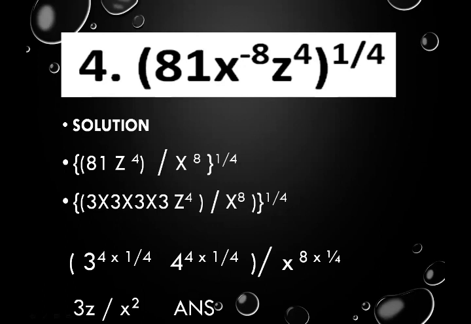Revisit the slide, try to understand, and make sure that your factorization is correct. And if there is any confusion about this third step, make it correct: this is z to the power 4 multiplied by 1 over 4.